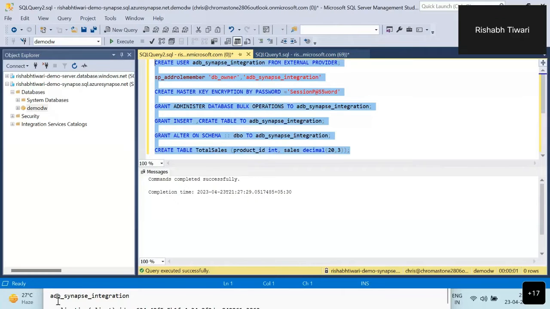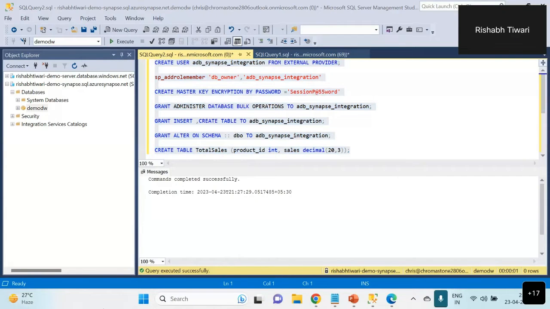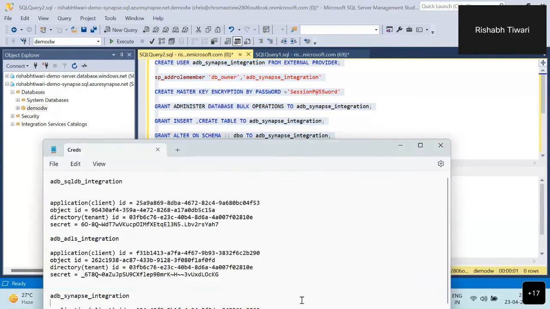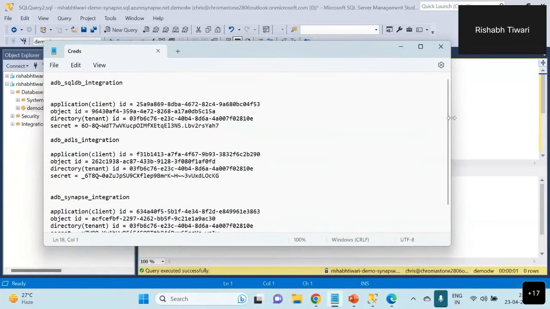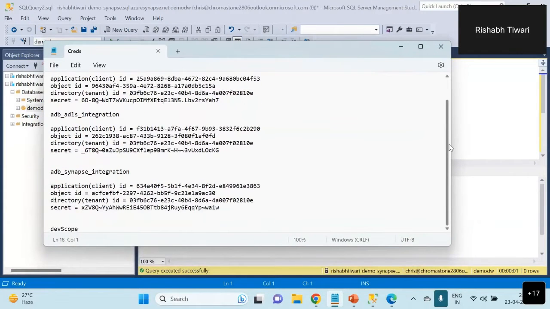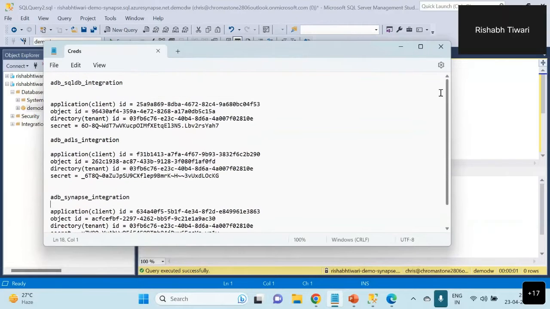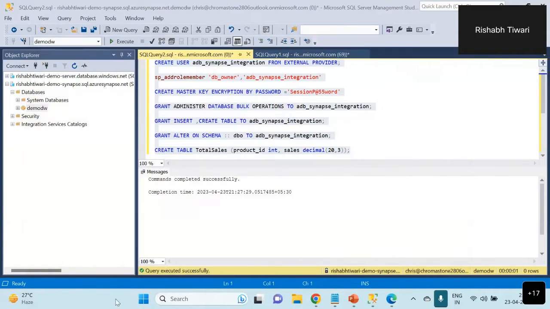Let me go back and check whether our compute is up or not. Let me just check. So these are the three app names that we have created and all the things that we have set up so far. For the code part,